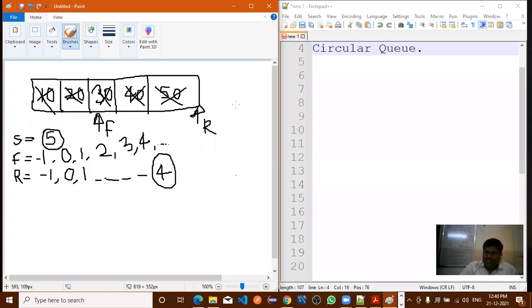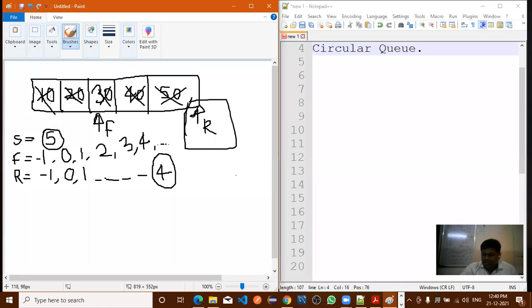If you delete all the elements from the queue, it will still show the message that the linear queue is full. So this is the drawback and limitation of the linear queue: we are not able to insert a new element, or reutilize the space of previous elements.